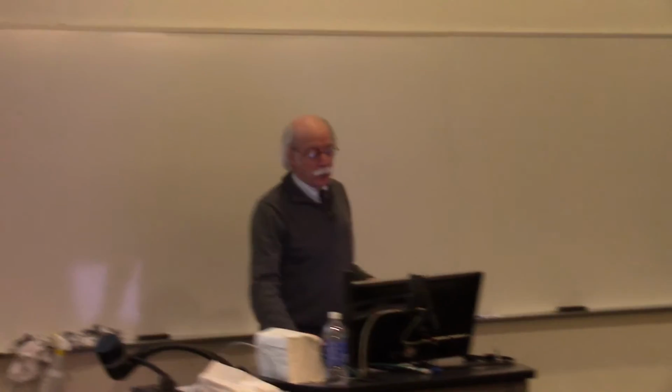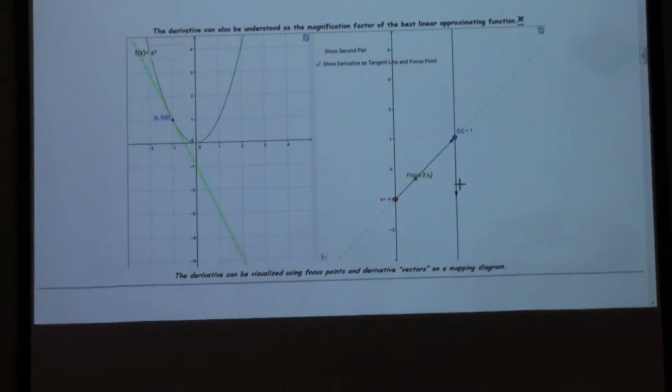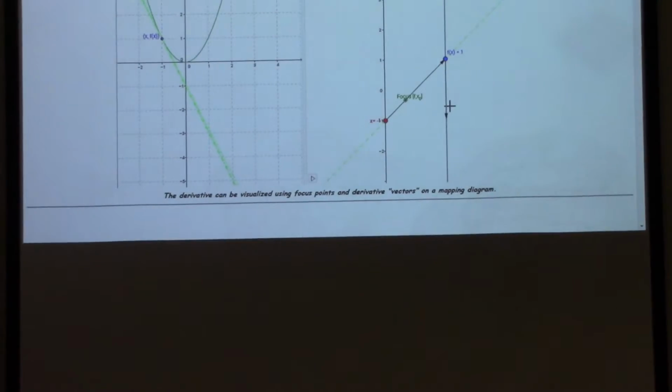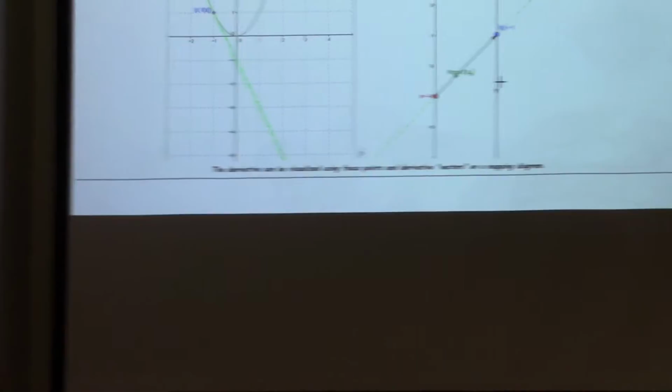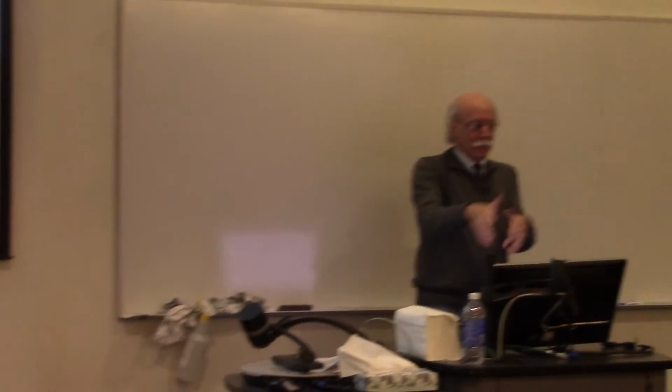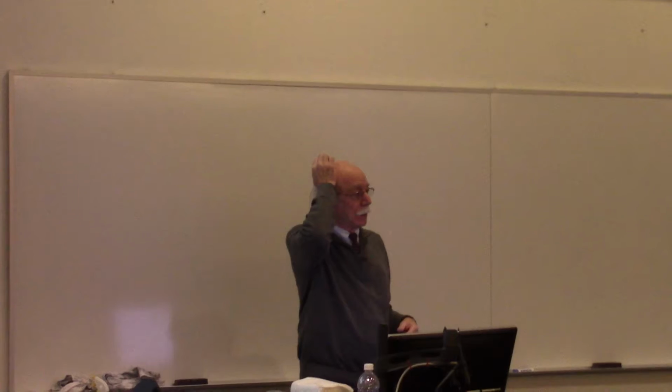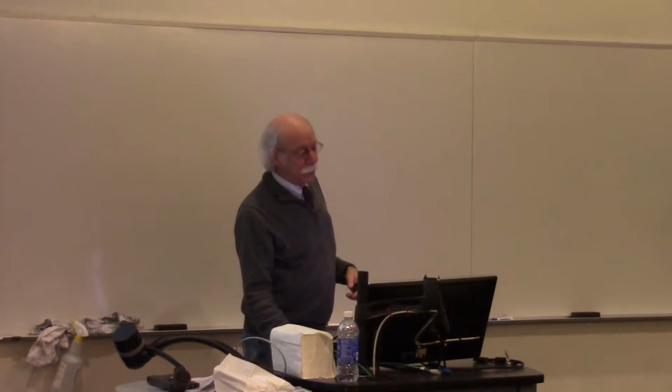In the mapping diagram, because I have the arrows heading up and down, some people draw the mapping diagrams left, right, which I don't think about increasing this. I think about numbers going up and down. So I like to draw them vertically so that I can get a sense of numbers going up and down, but increasing and decreasing. So the arrow pointing down here means that we're decreasing at that spot. And as we move the x up here,